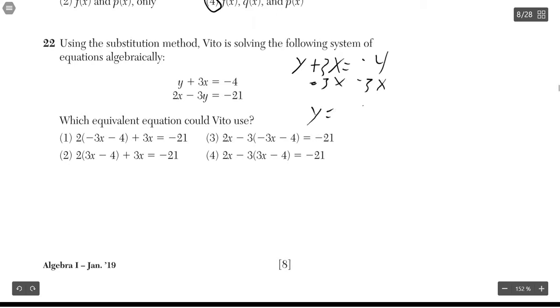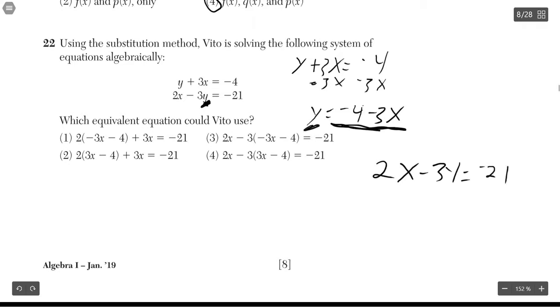I get y equals negative 4 minus 3x. Now I can substitute this y with negative 4 minus 3x. So I can rewrite 2x minus 3y equals negative 21. I can rewrite that substituting this y with negative 4 minus 3x: 2x minus 3 times, replacing this y with negative 4 minus 3x,